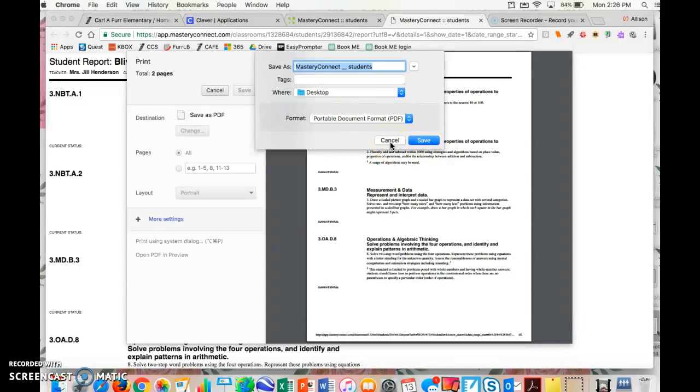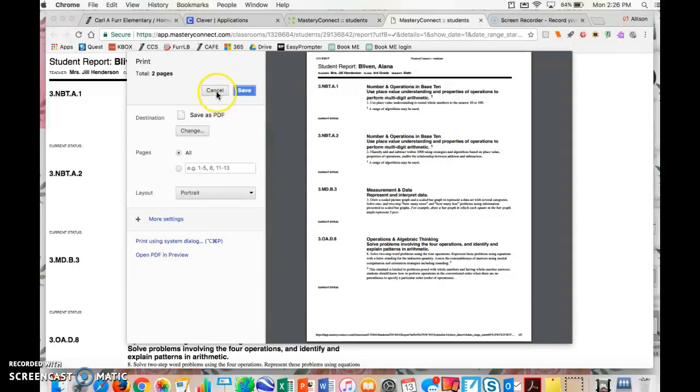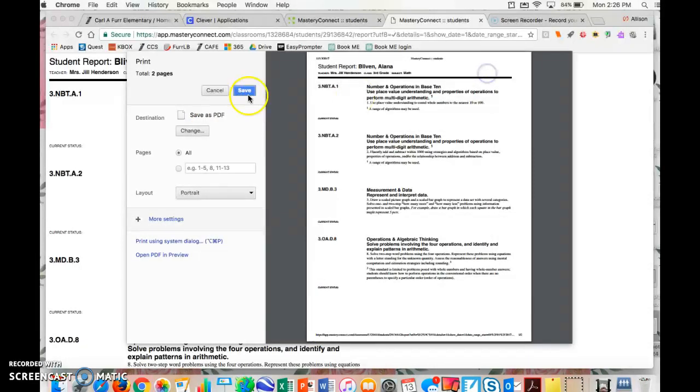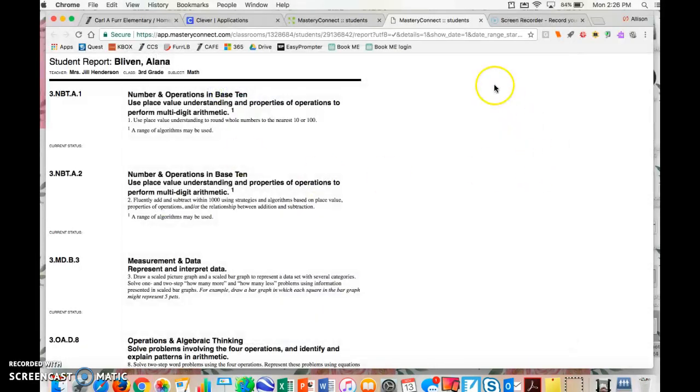I'm clicking Cancel because I'm not keeping this report today. And maybe I want to change it to just go ahead and print it immediately, and I could choose a printer. That shows how to access a specific student's, but let's say I want to look at a specific report